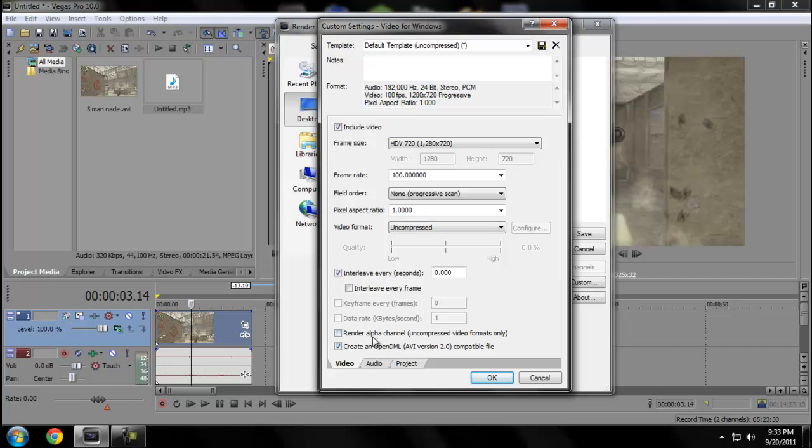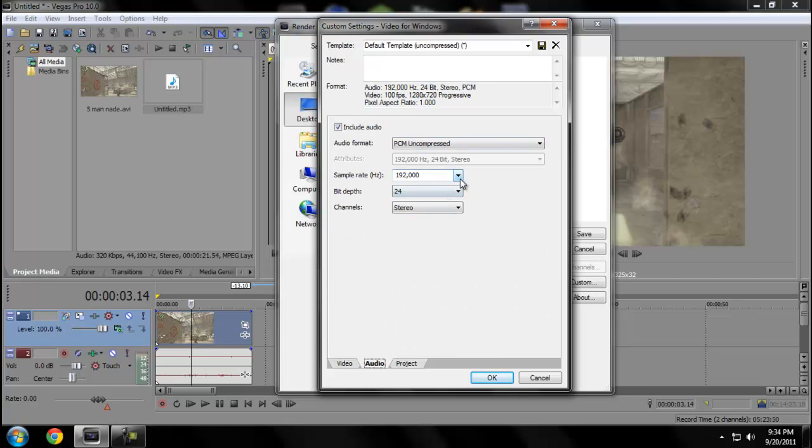That is very high quality also, but this is the best quality you're going to get. So pixel aspect ratio is 1. A lot of people like 1.3333, but I don't know, I have problems uploading to YouTube with that. It is higher quality, but 1.0 is perfectly fine. So then you're going to want to go to audio and make sure it's at uncompressed,